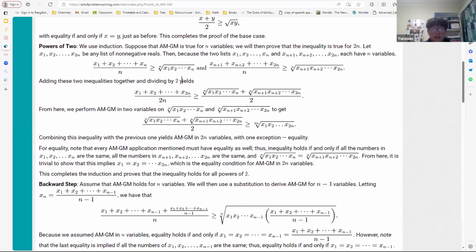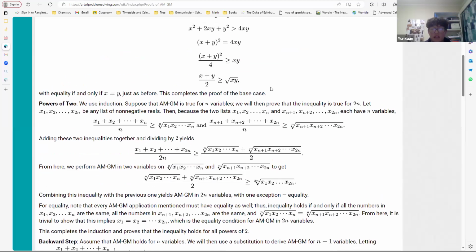And then when we add this and divide by 2, we get (x1 + ... + x(2n))/(2n) larger than or equal to the geometric mean for the first sequence of length n plus the geometric mean for the second sequence of length n, from n+1 to 2n, all divided by 2. And then we can just reapply the first principle, which is (x + y)/2 is larger than or equal to the square root of xy,